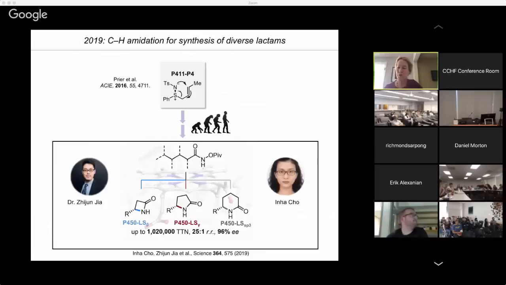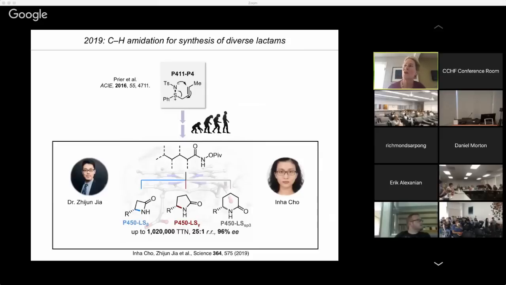But let me jump right into the most recent work, the recent work of Zhijun Jia and In-Ha Cho, because it's really quite spectacular. I won't bore you with all their evolutionary history, but it basically comes from having a great collection of evolved enzymes in the laboratory that previous workers had done. We took something that Chris Prier had done, a P411 that he used for a sulfimidation rearrangement reaction, and then that passed through the hands of a couple of other talented students who used it for crazy things like making bicyclobutanes by 2 carbene transfers,